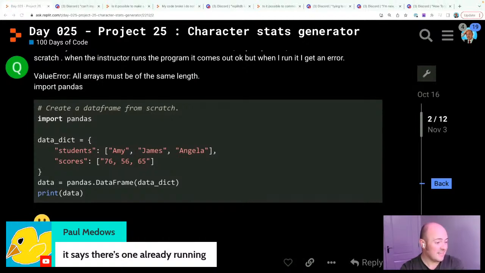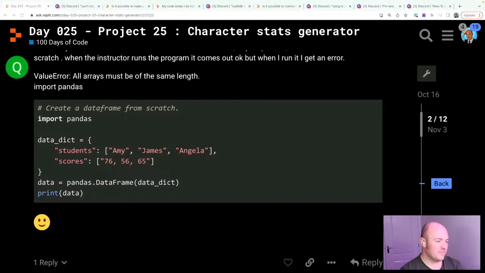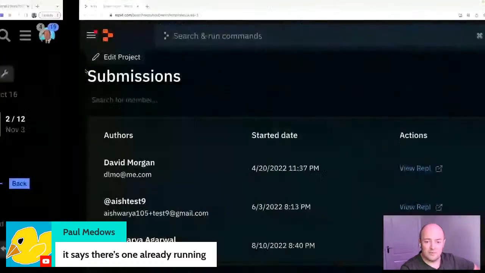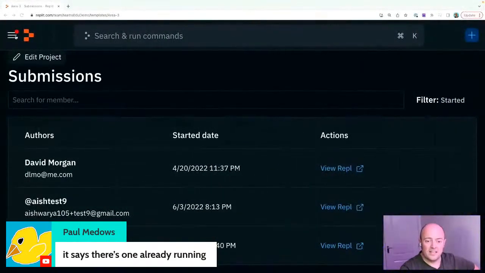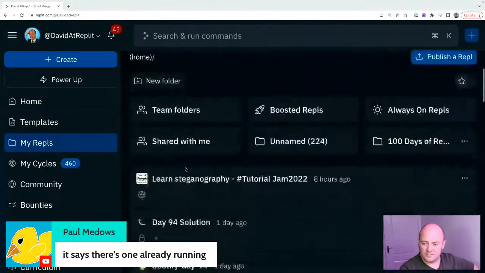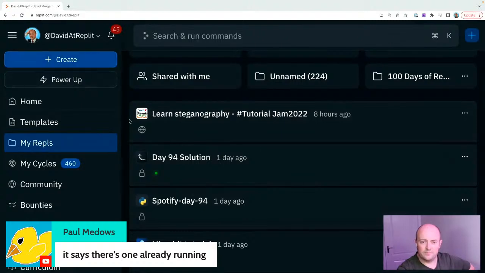That to me sounds like I'm going to have to talk to someone in engineering about that, because I'm sure there's a specific reason why you can't. But if you don't like it, Paul, what happens if you do remove it from Nix? Oh no, it says there's one already running. So if you try and remove it from the .nix file, and by the way, what we're talking about, everyone, in terms of a .nix file, is if you are in a REPL, and I'll just go and grab one just for instance to demo it. Let me make one.